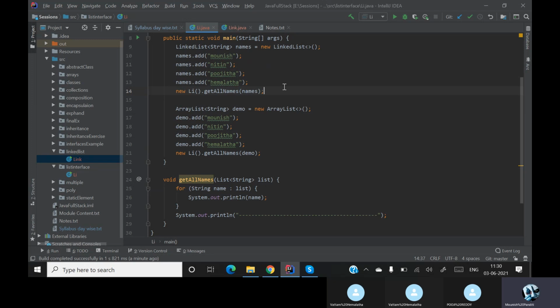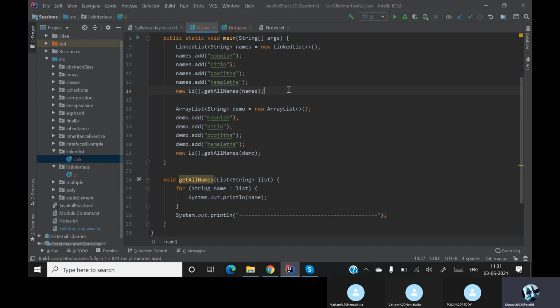Understood? So this is why we need to use a linked list or why we need to use an array list. The only difference over here is array list is fast, but it will consume a lot of memory. But linked list is slow, but it will not consume a lot of memory. This is why we have to use linked list and why we have to use an array list.